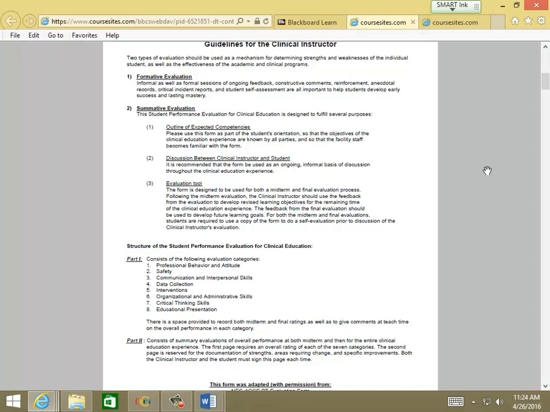The midterm and final grades for the clinical experience on the student performance evaluation form really serve more to benchmark the student's performance at a given point in time and to provide that student with feedback as to what their status is. That status check at the midterm is something that should direct the weekly goals for the second half of the experience. As the student gets their midterm scores, if they realize that there's areas where they have a long way to make progress to get to the expected performance level by the final, that student should be writing